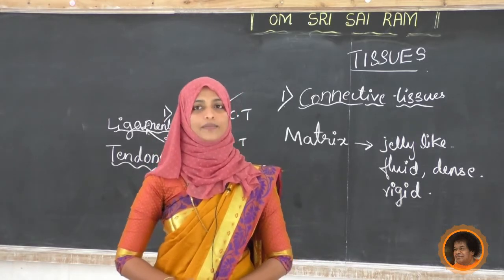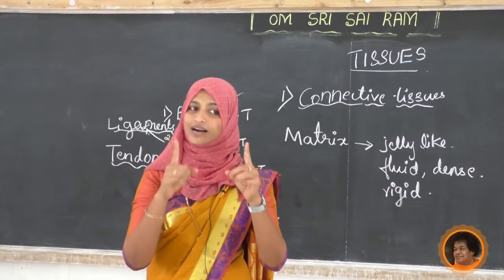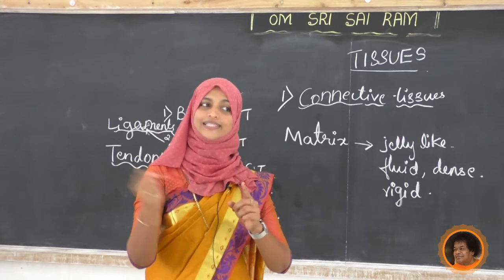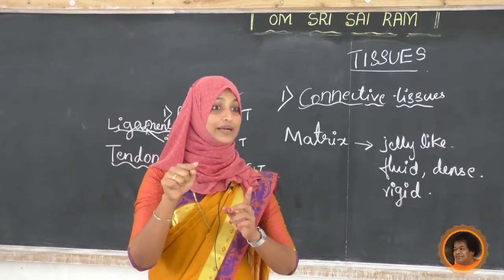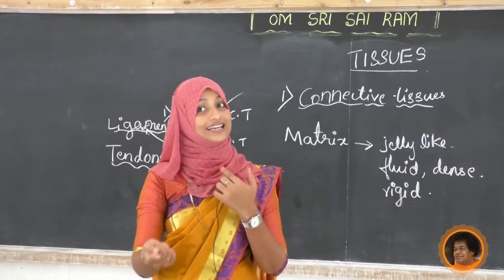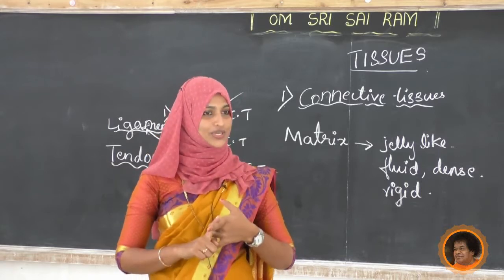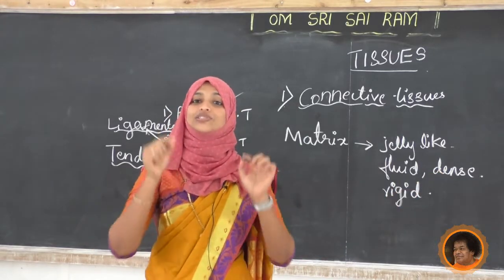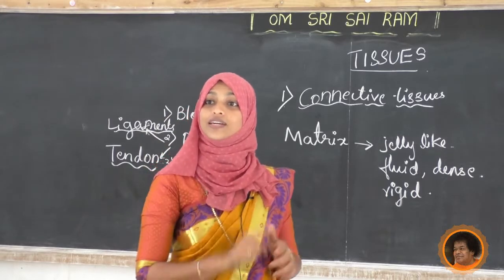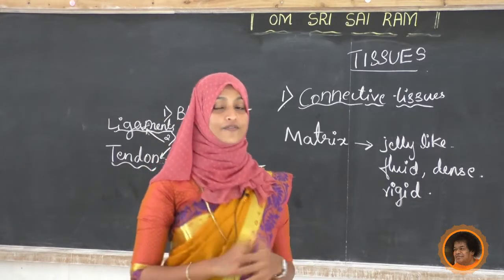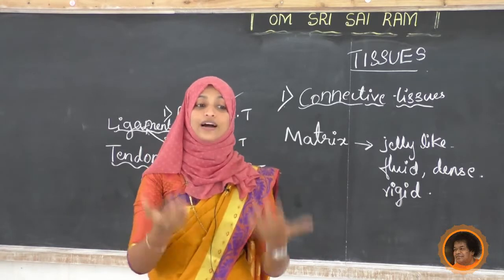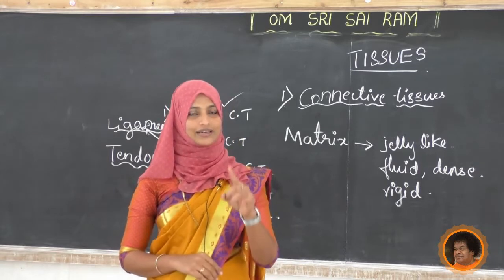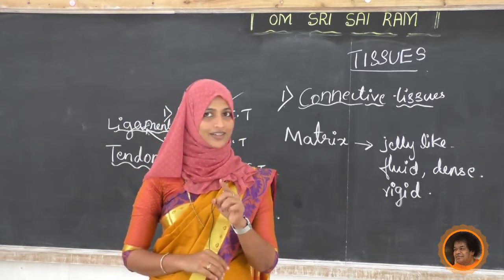Bone is a connective tissue with a hard matrix composed of calcium and phosphorus. There are two points, that is ligament and tendon. A ligament is where a bone is connected to another bone with connective tissue, and it is more flexible. But a tendon is where a bone is connected to muscle with another connective tissue, and it is less flexible. It has fibrous tissues and great strength. So now you understand bone as a connective tissue.